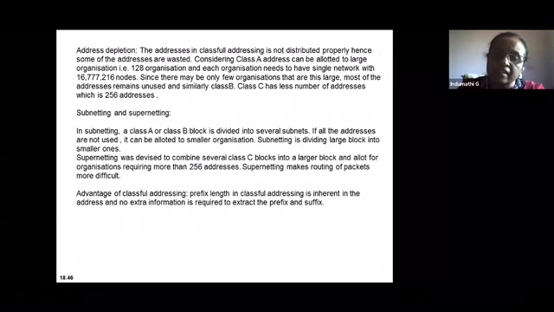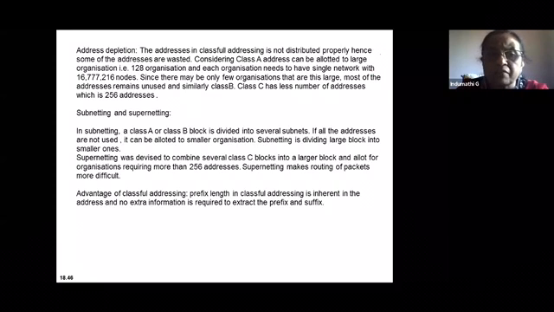So if the organization does not have that many machines to be connected, then you cannot give away some portion of it, and you are wasting the addresses. So that is the problem in class A address, because you have the block size as fixed. You cannot have variable size for class A, B, C, D. The block size of addresses to be allotted for the users is fixed in the classful type of addressing.